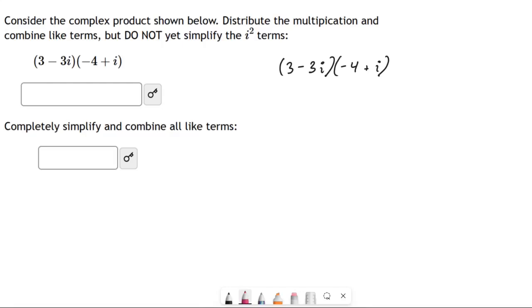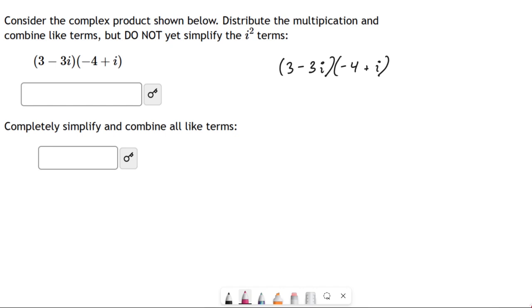This is a fairly typical problem about multiplying what look like polynomials, except this is not a normal polynomial. It has a variable called i in it, and i is a little different than x. We'll get to the differences in a bit, but at first we're not going to deal with any of those i squared terms. We're just going to treat it as if it were an x. We're going to see how the multiplication works.